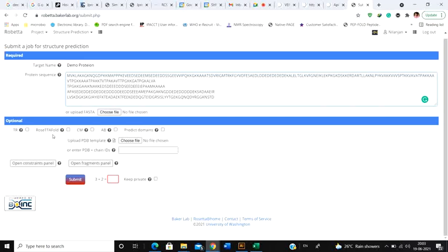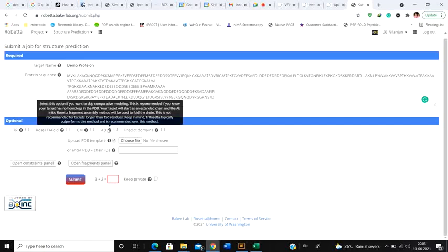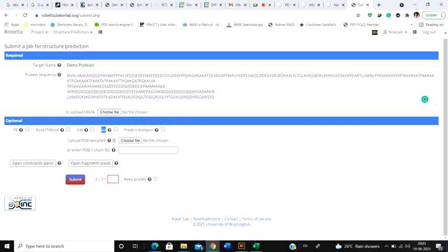So what are these options? Let me discuss every one of them. This is a pretty new option, because I used this particular server for my job just a week ago, but I didn't find this fold. Now let's see what ABE is. If you simply hover your pointer over this question mark, it's going to explain every method. ABE is the ab initio method, and I think I've discussed the ab initio method, right?